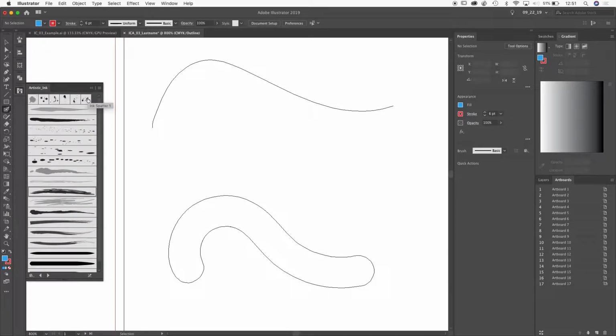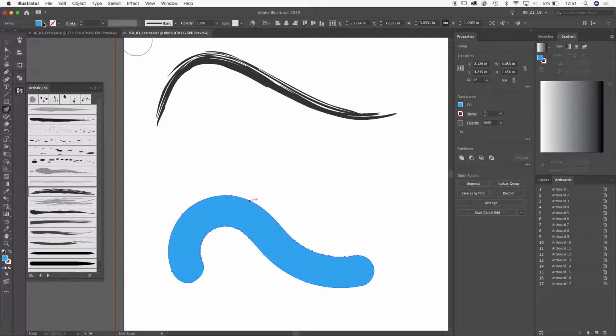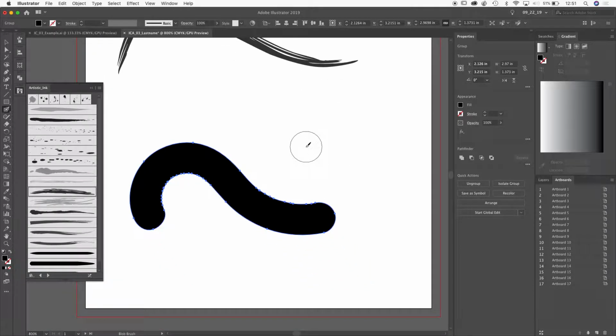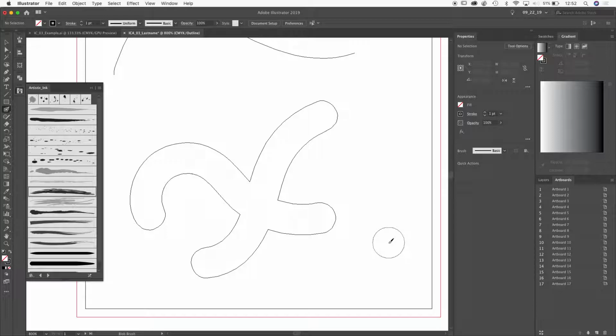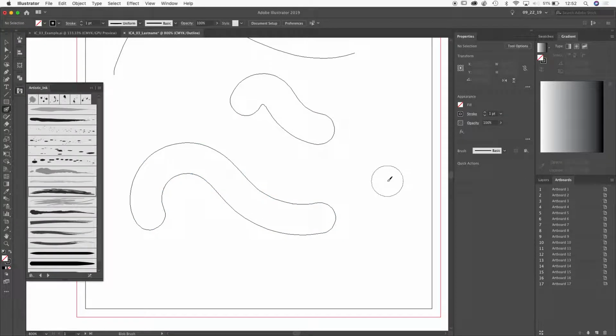Let me go back into regular mode. But this is what's cool about the blob brush. I'm going to go ahead and turn off the stroke. I'm just going to make this black. You can quickly create large shapes because what it does is it understands the overlap and the fill as making a quick compound shape. So now that's one shape. So that's a single shape. If I do this, that's a single shape. But if they intersect, it becomes